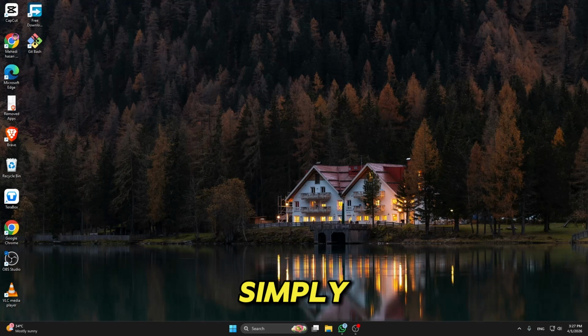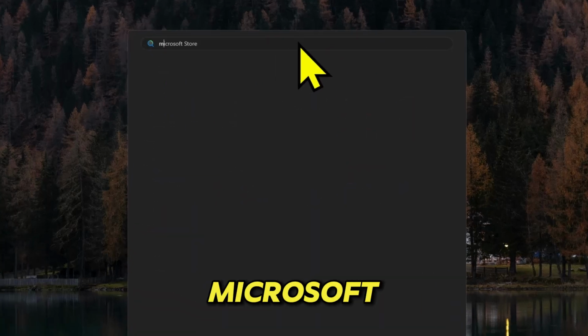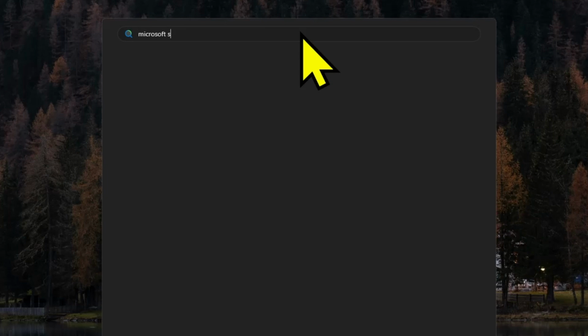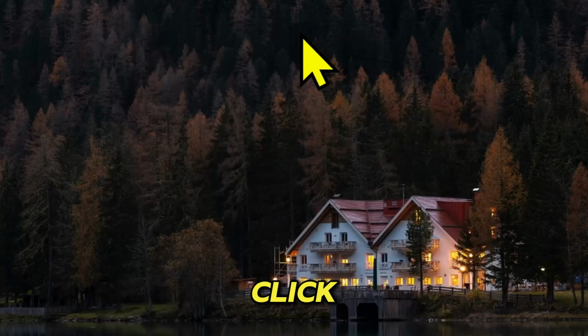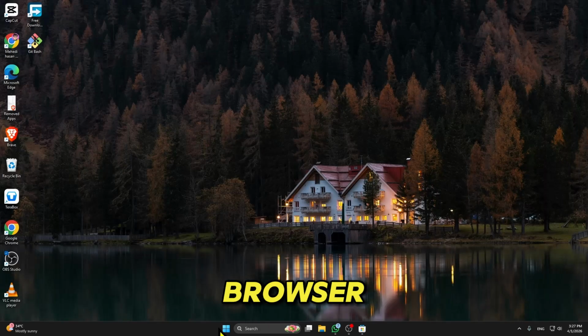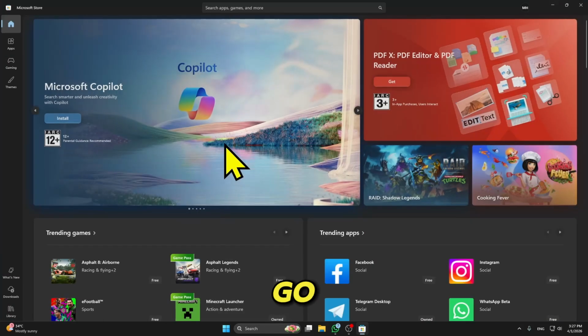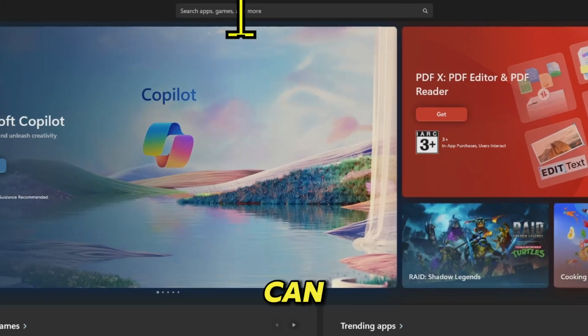How you can do it, just simply open your Microsoft Store. Here you have to search for Microsoft Store. And then if you click on that, it is going to open the Microsoft Store over here. Also, on your computer, you can get it from the start icon. That's it. You have to go for Microsoft Store and here you can simply search for